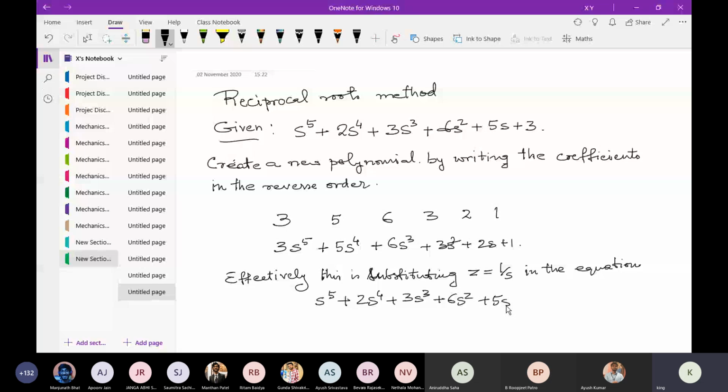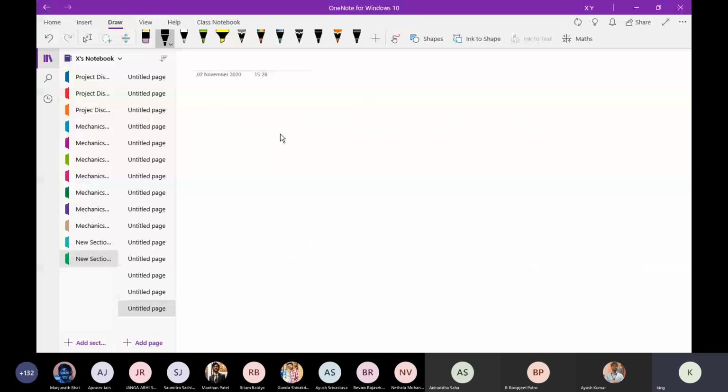Once if you do that, then this is what you will end up with, only that it will be in terms of Z. So in this case, what is going to happen? Our original polynomial was